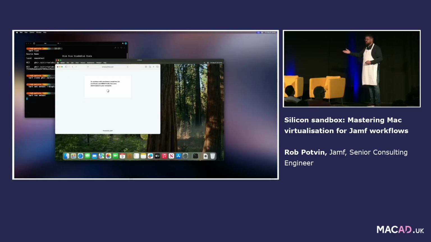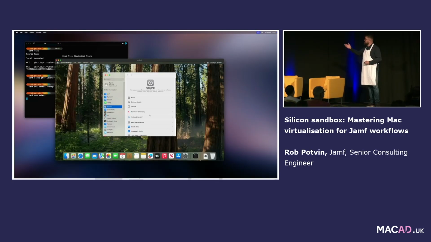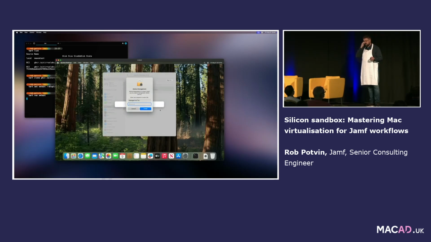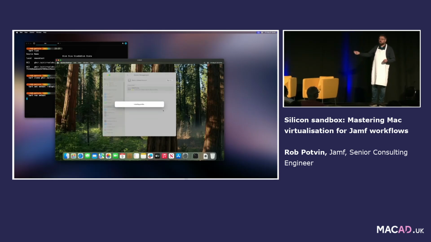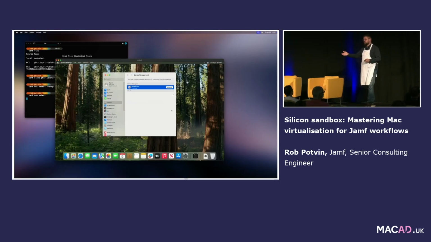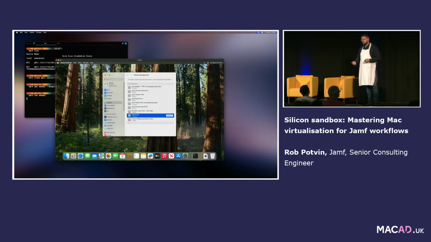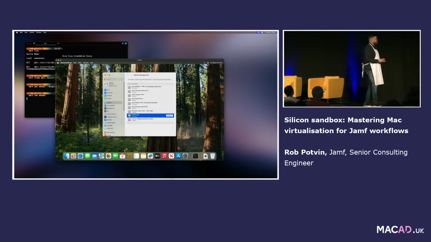We went to the enrollment page of Jamf Pro here. We downloaded the profile and re-enrolled the Mac. So already I've saved some time, right? Instead of installing from IPSW, I pulled down an image, I cloned it, I started it up, no Setup Assistant, went to the desktop, and then I just had those enrollment steps to do. So pretty cool.